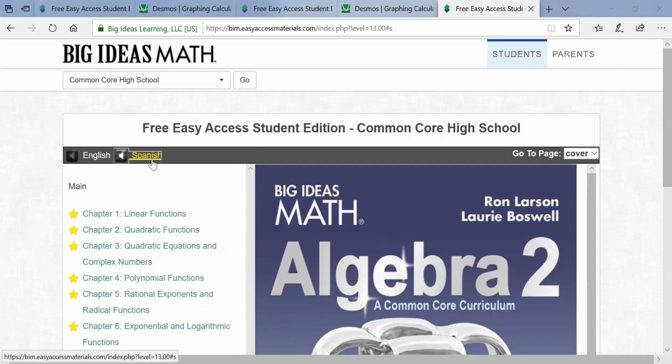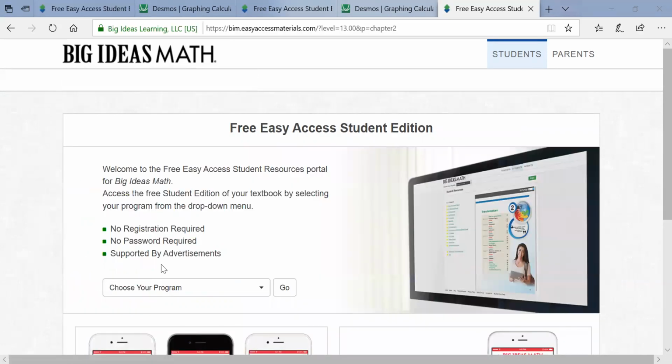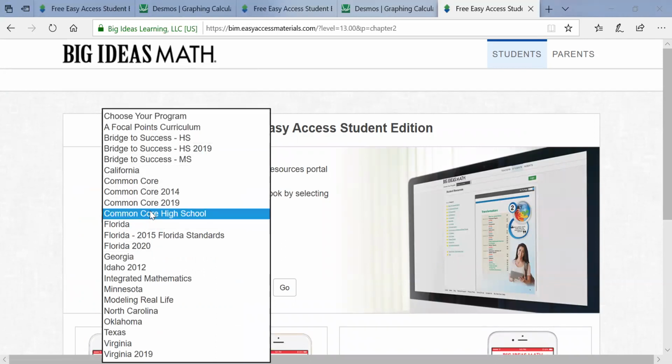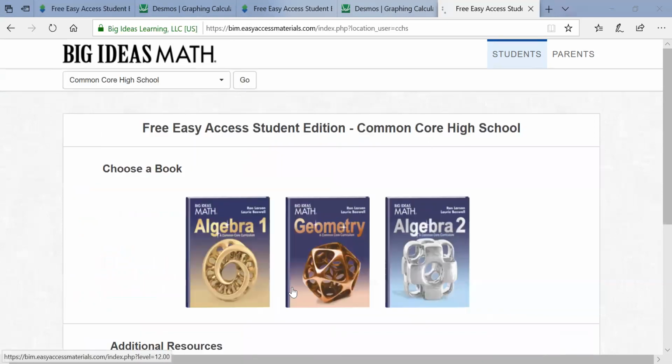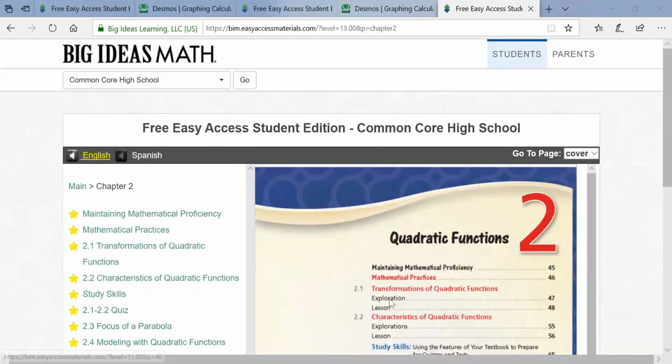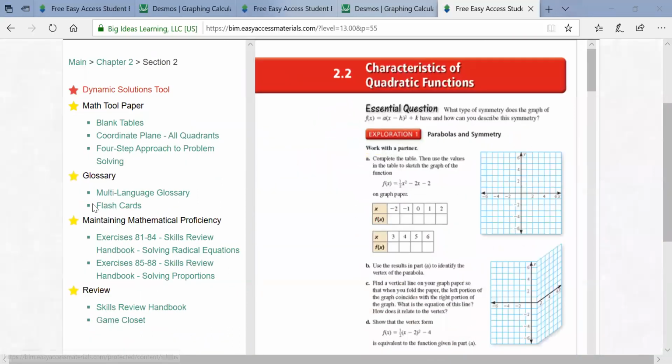If you click it, let's see. You see, it could be a little annoying just coming back to this, but you just have to keep on clicking this. Let's go to Spanish. Hold on a sec.